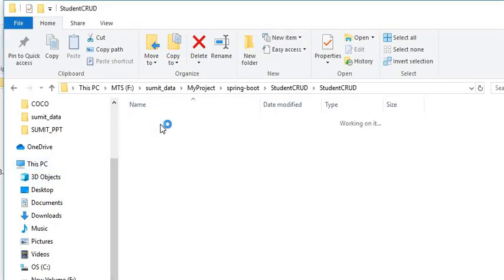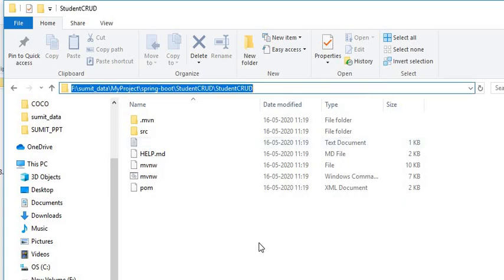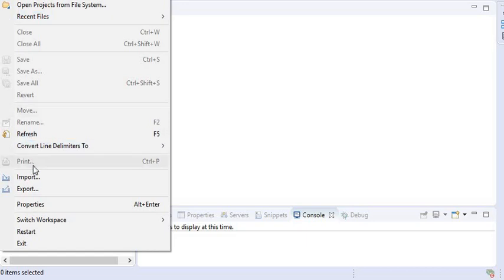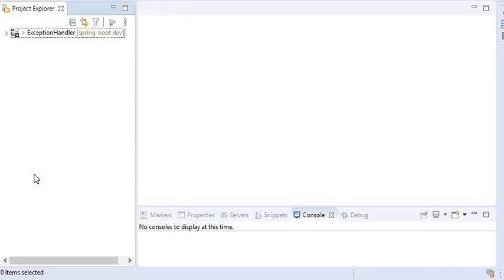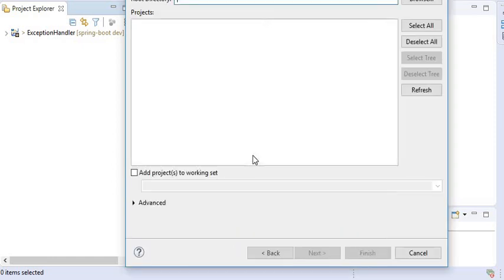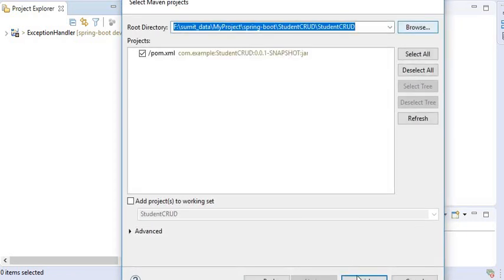Now I will open this and copy the path from here and go to my Eclipse. Here I will import the project, existing Maven project. Here I will paste the path and click on finish.